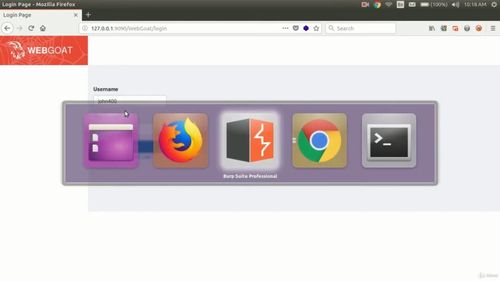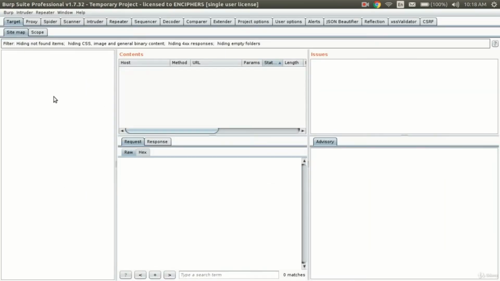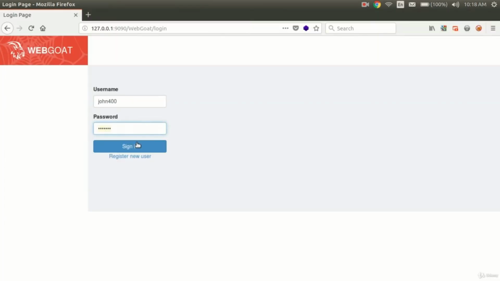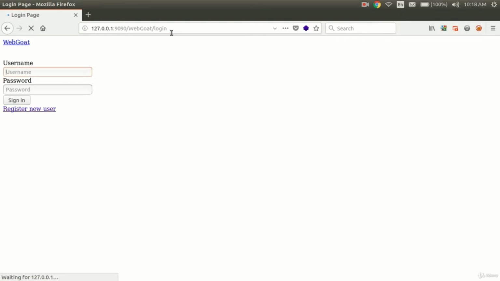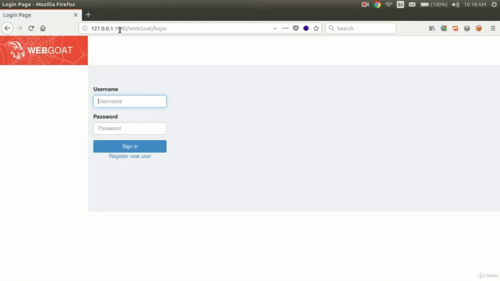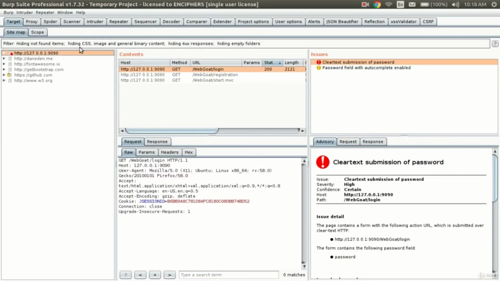As you can see, first of all, this target tab is totally empty right now, as I haven't done any browsing in Firefox. Now if I just write this URL, see, it's getting crowded bit by bit.